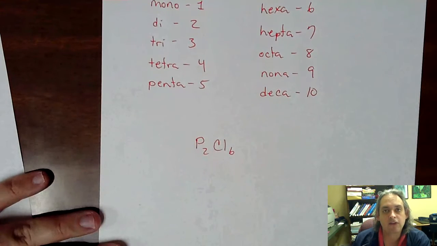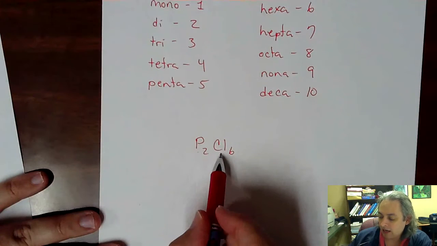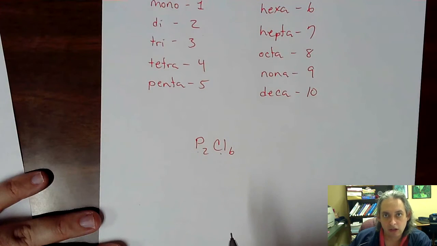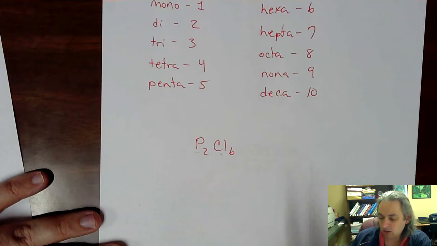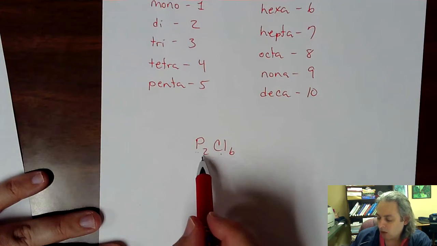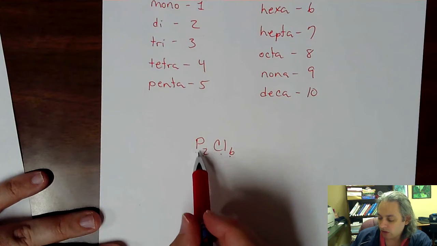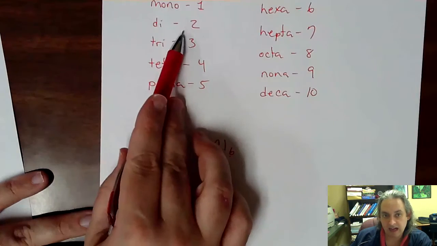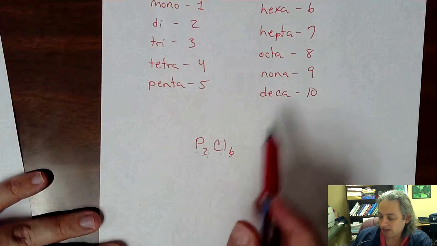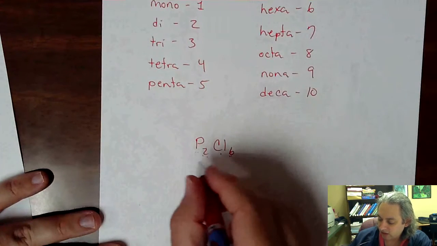P2Cl6 is our first example. This is a nonmetal, so this is a covalent compound. Phosphorus, chlorine, they're both nonmetals. They're to the right on the stair-step line. We have 2 phosphorus and 6 chlorine. So we will use the Greek prefix for 2, which is di, and the Greek prefix for 6, which is hexa. And so the name would be